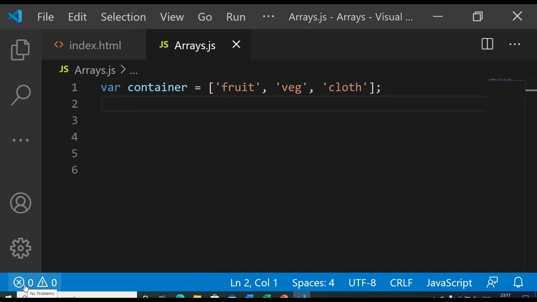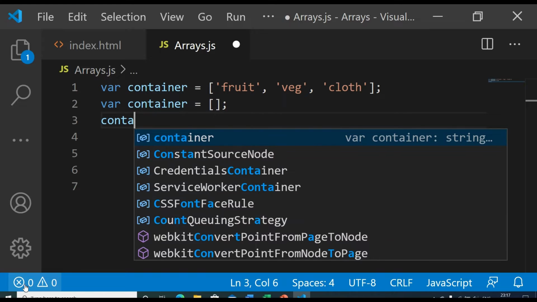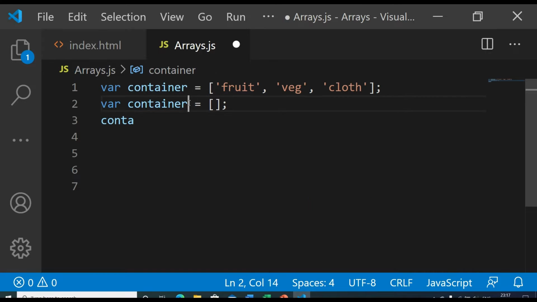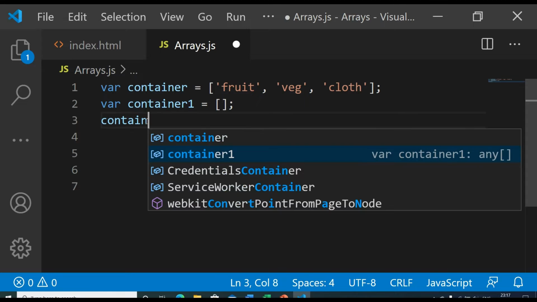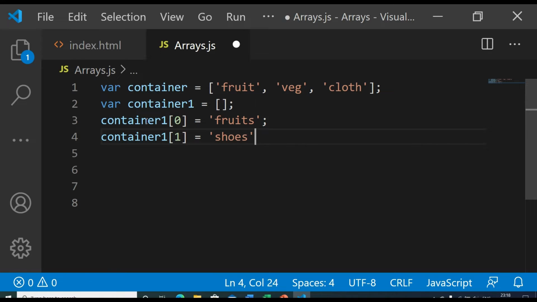Okay, so let's start. From our earlier video you have seen we created an array like this, but we can also create an array like this. First we will define one empty array, and name it container1. Here at the 0 index we can assign some values, and at the 1 index we can assign, let's say, fruit and shoes. And if you print this one